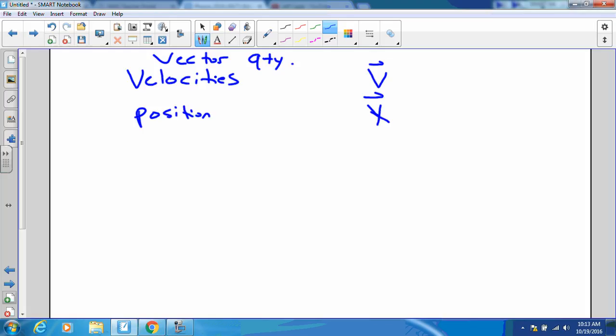Seems like velocity and position cover a lot. There's one thing it definitely does not cover that we have used a whole lot: acceleration. Does acceleration have a direction to it? Why, yes. Gravity always pulls, not just down, but straight down, exactly. Gravity always pulls straight down. That's a direction. Acceleration. So our big three quantities, velocity, position, and the related displacement,